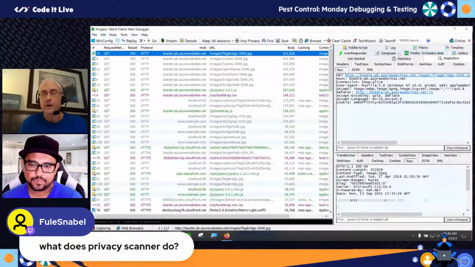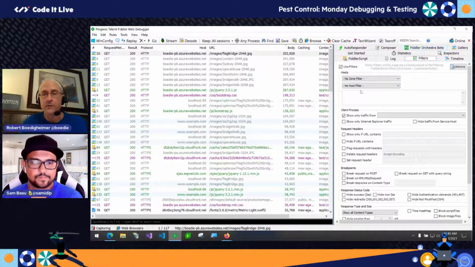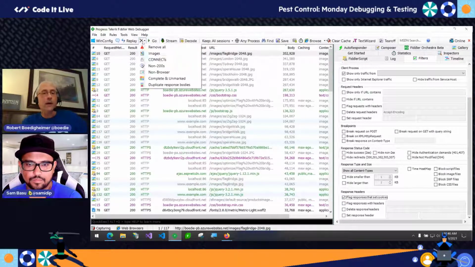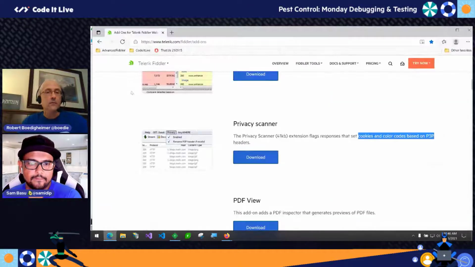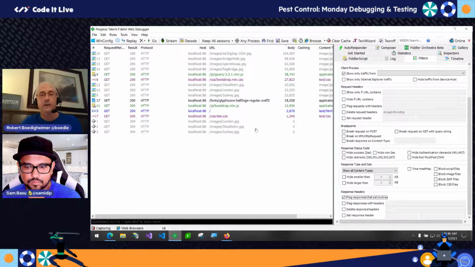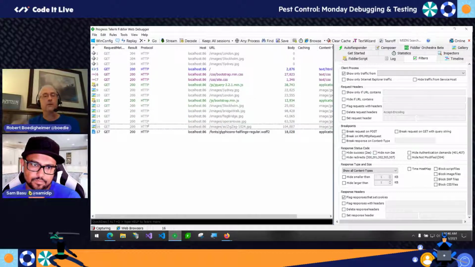If you have to be GDPR compliant, you can come into filters here and you can say flag every response that sets a cookie. And I do that because then I can go back and hit my site, and I'm not going to have any on my own site here. But for instance, if I hit Control F5, if any of these requests set a cookie, it would be in italics. So it's nice if you're doing GDPR sort of work. You can easily identify every response from every vendor that's setting a third-party cookie on your website. You could get it by doing this or potentially that add-on as well.